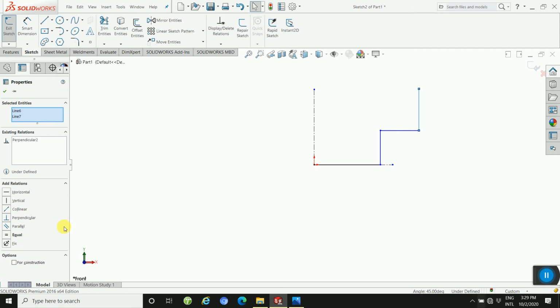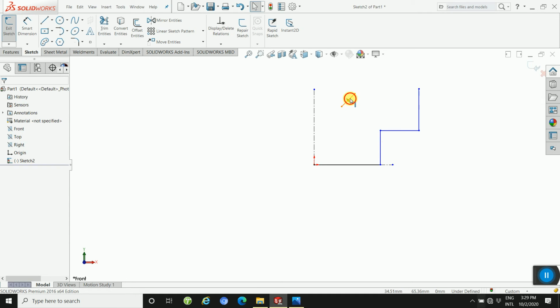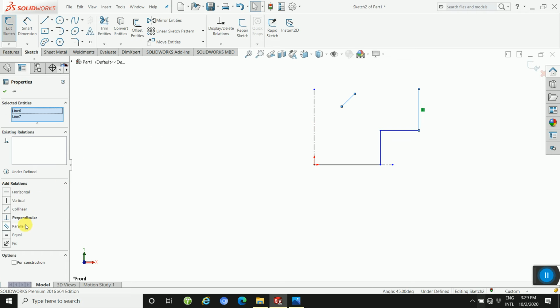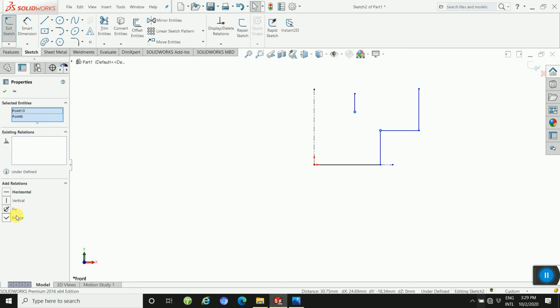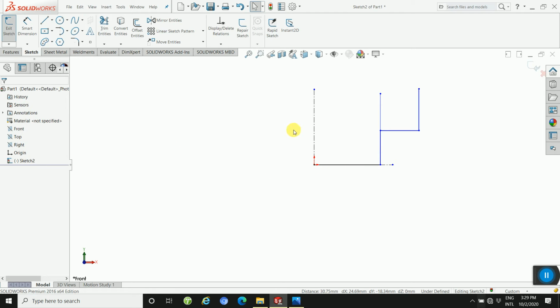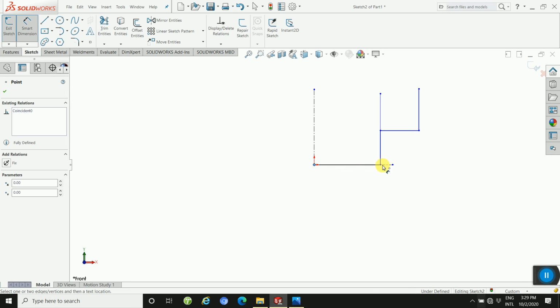This way you will apply it, like Control Z. First select the first line and select the second line and then apply vertical this way. If you want to merge, select the first point, second point and then apply merge. Then use the geometry relations after that. If your geometry is completed, then you apply the dimensions this way.